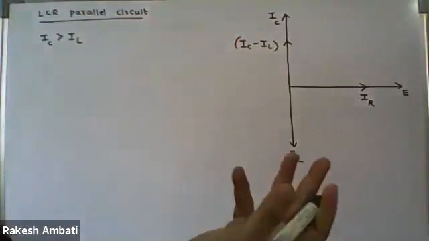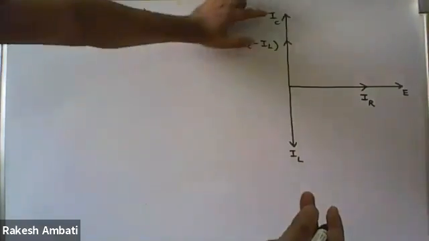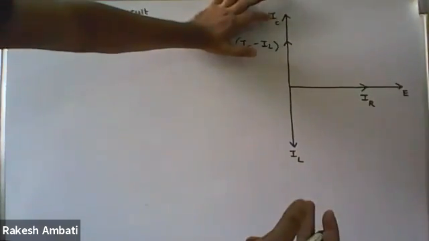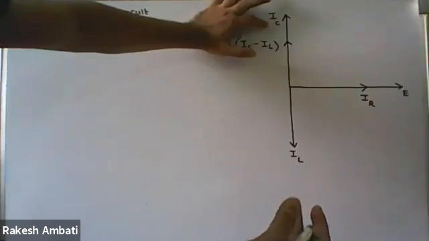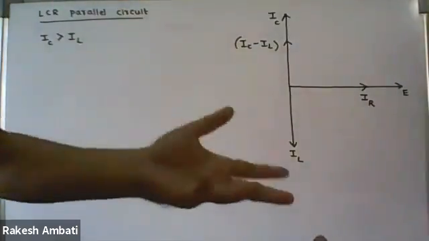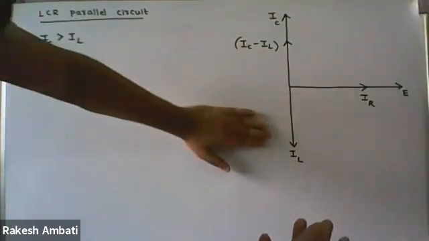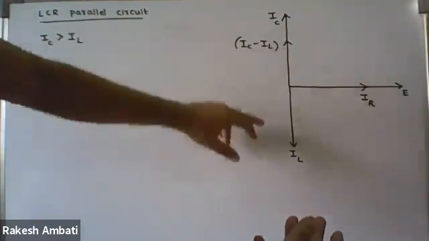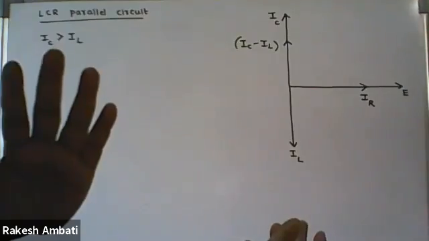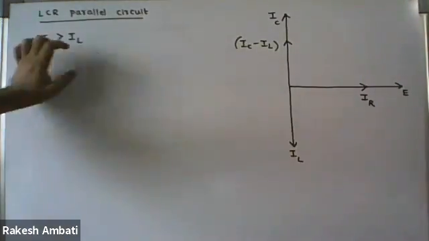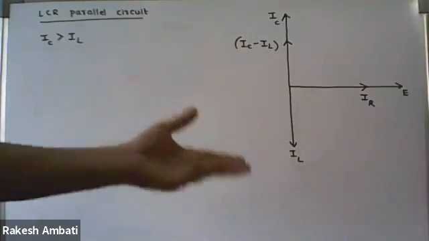Why? Because in the question, as an example, I'm taking IC greater than IL, but can we give assurance that in all cases IC is always greater? No. Accordingly, you have to modify in the numericals. IC greater than IL, or IL greater than IC, or IC equal to IL, but you know the procedure how to simplify those types of questions. As an example, I'm taking IC greater than IL.